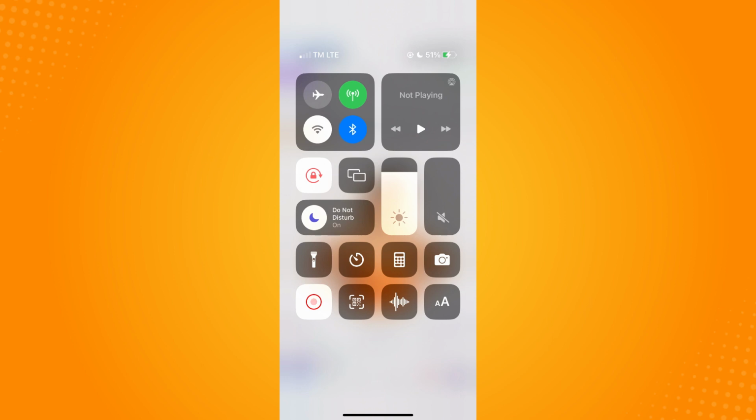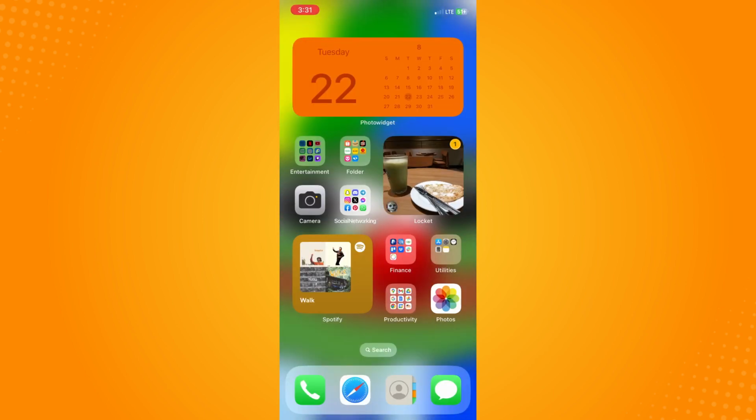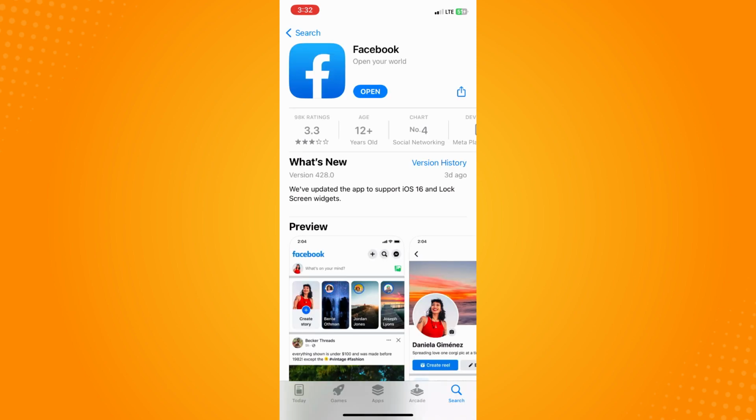Now, if it still doesn't work that way, then what you can do is go to your App Store or your Play Store, depending on what device you have, and look for Facebook here. And you have to make sure that you have updated your Facebook application. Now, it's very important for you to update your application here, because it can actually fix bugs, such as this bug where you can't share a